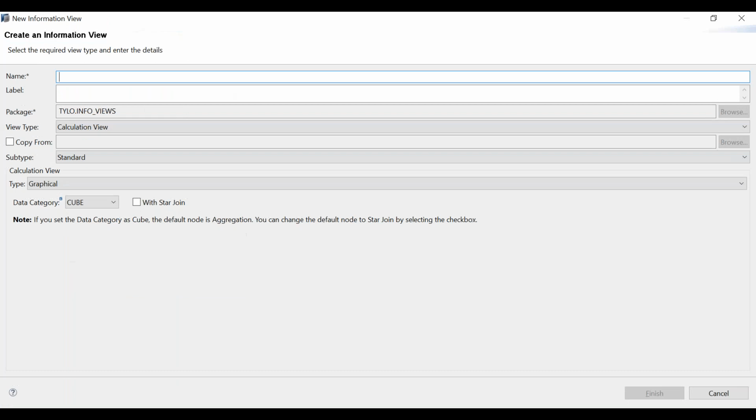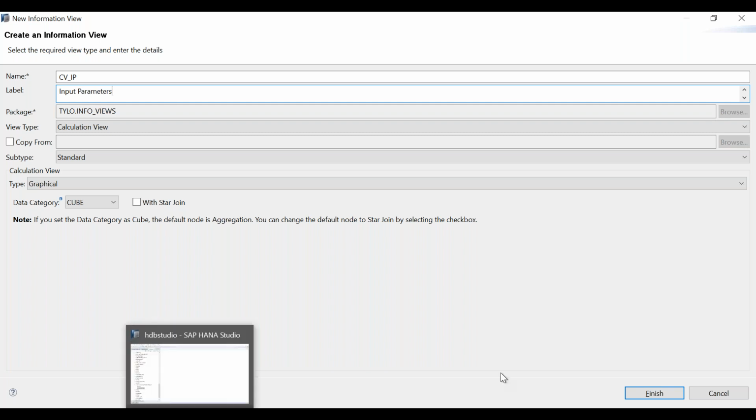I'm going to create a calculation view of type cube. That's fine. I'm going to name it CV_INPUT_PARAMETER, so CV_IP, and I'm just going to write as a description, input parameters. This is to finish it. Fine.